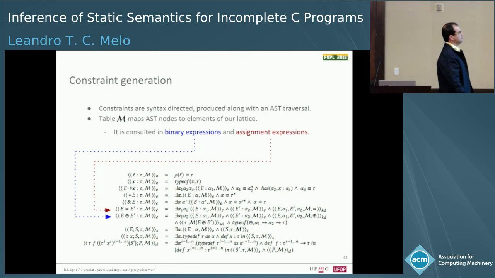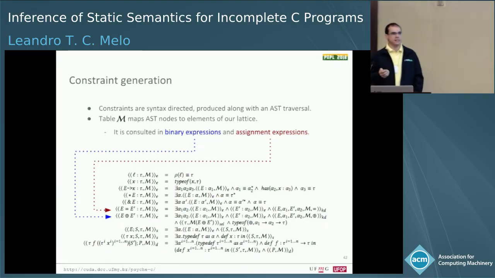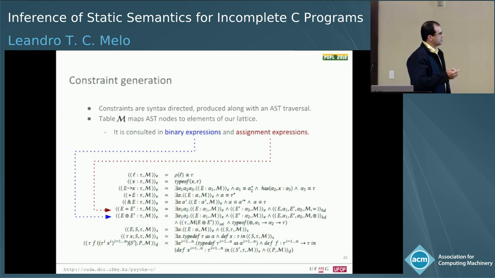So we have a table M, which is the result, which carries the information we have computed in that pre-inference stage from our lattice. And we need to use that information, particularly in 2 cases, in binary expressions in general and in assignments, because this is when pointers can interact with integers.